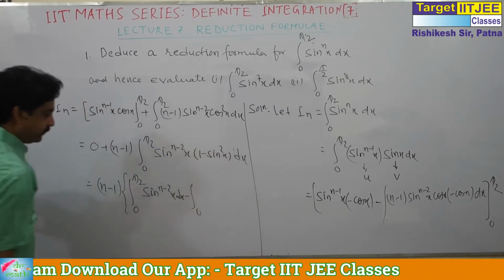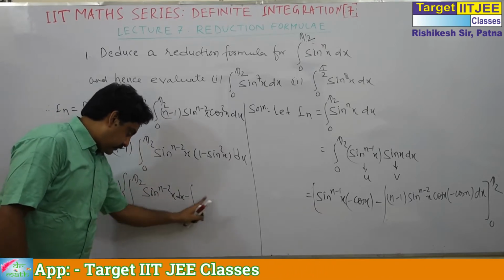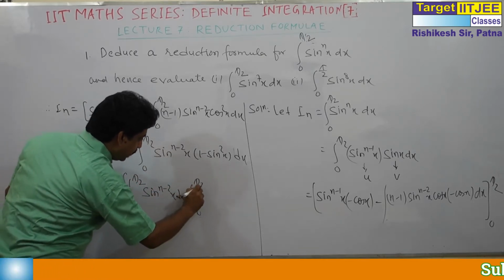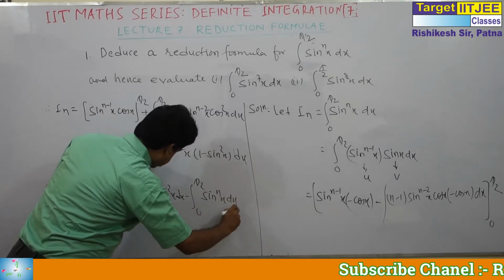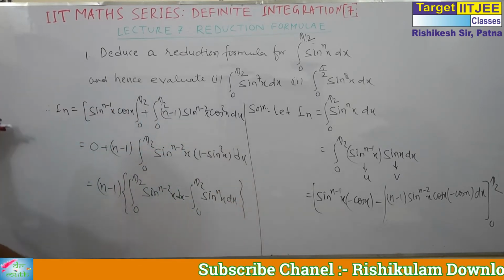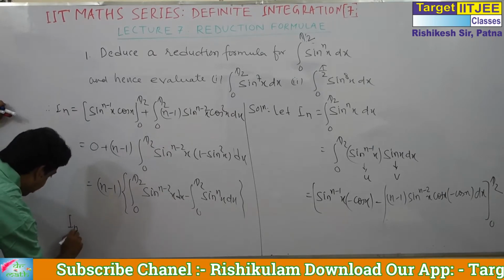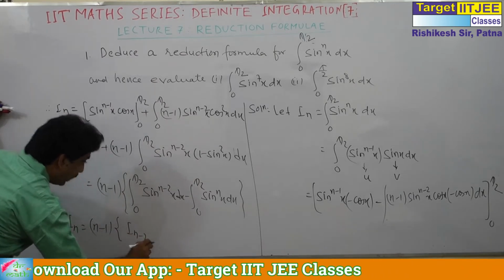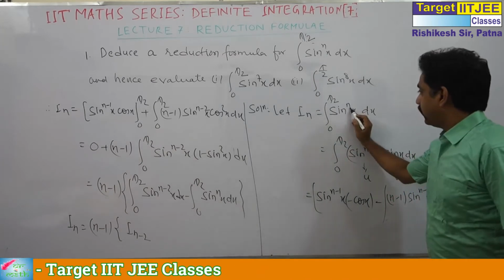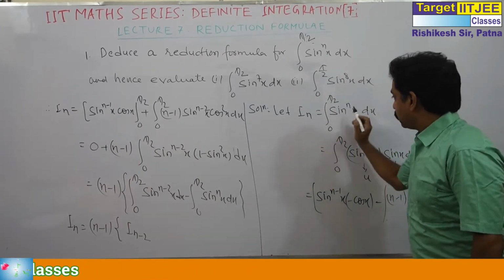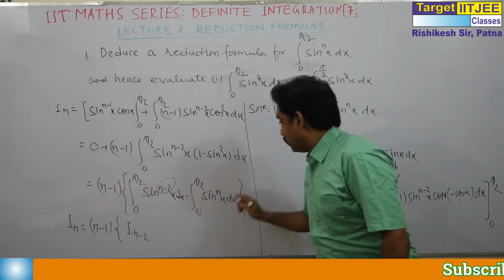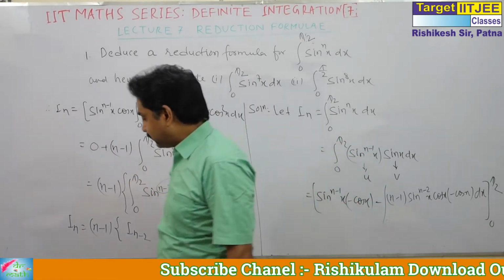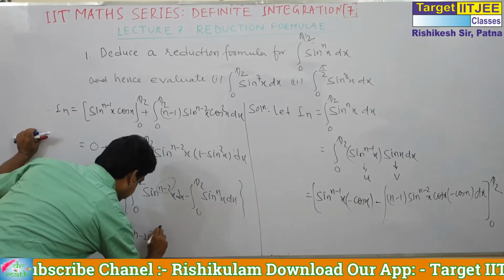Let me write it in two separate ways. Multiply this by 1, then multiply this by this. This is the integral from 0 to pi by 2 of sine to the power n x dx. What do we get? Can you guess? This is In, and this is n minus 1. Now, we can write this as I n minus 2. Why? This power is denoted by this suffix. So now this power is n minus 2. As for power n, this is In, so for power n minus 2, this will be I n minus 2, and minus In.